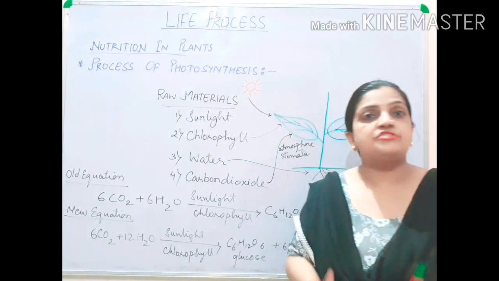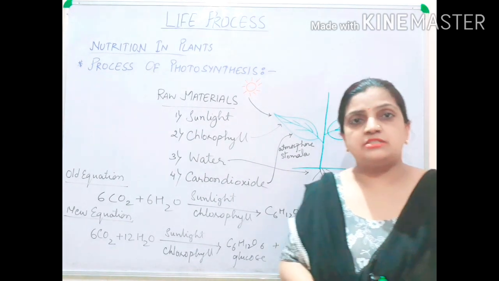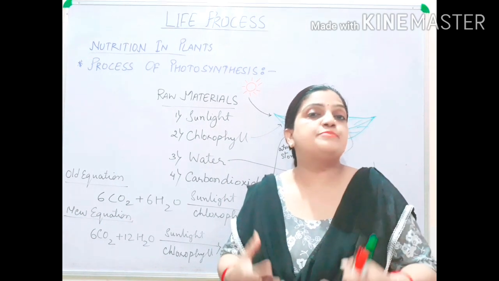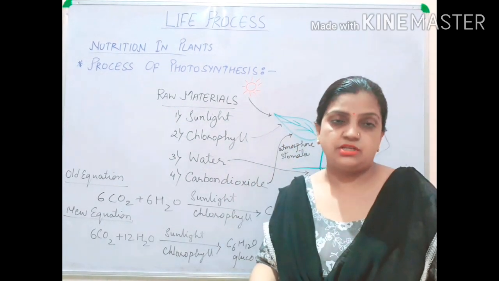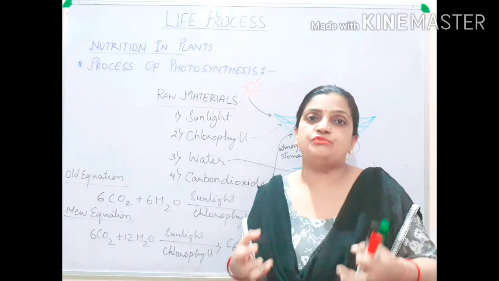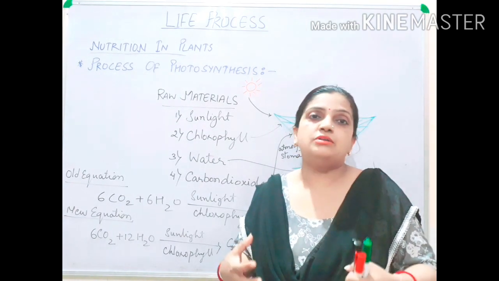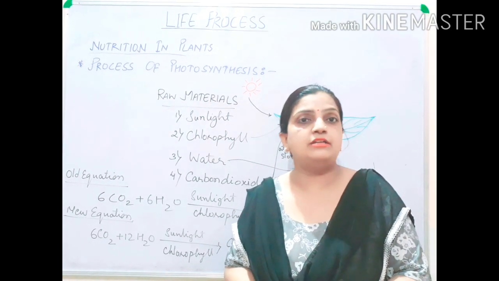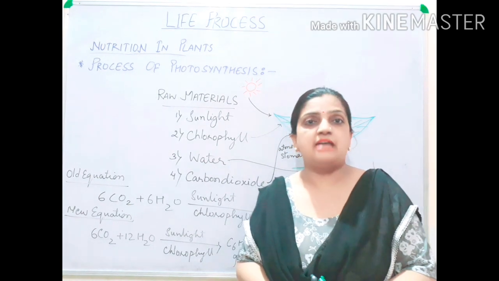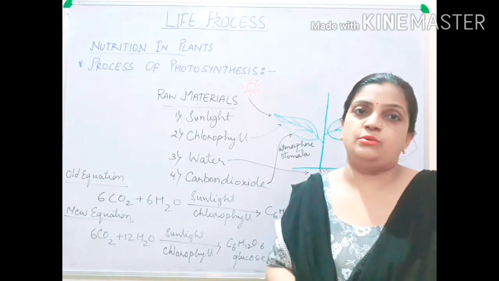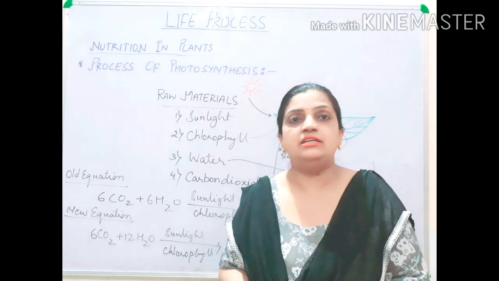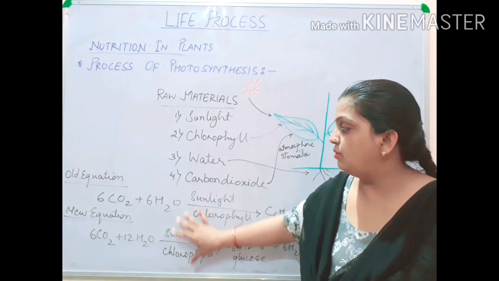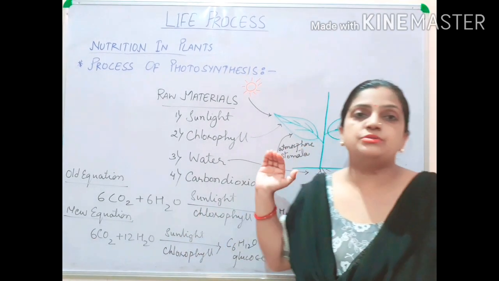Now children, what is transpiration? Transpiration is a process of water loss from the plants. When excess amount of water is produced in the plants, that water is being released out because extra amount of water cannot be collected in the plants. So that extra amount is being released out into the atmosphere by the transpiration process, by the water loss process. And this process occurs through stomata. And this stomata is located on the upper and lower surface of the leaves. So your transpiration occurs. So this was, children, the whole equation of the photosynthesis process.